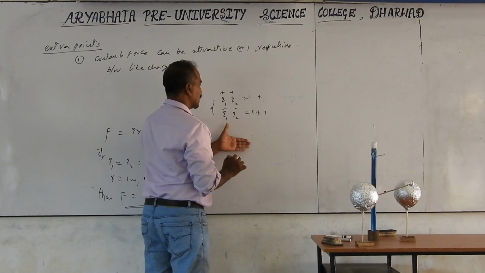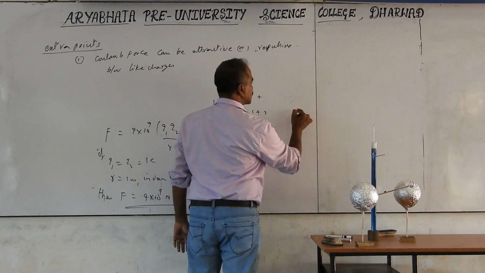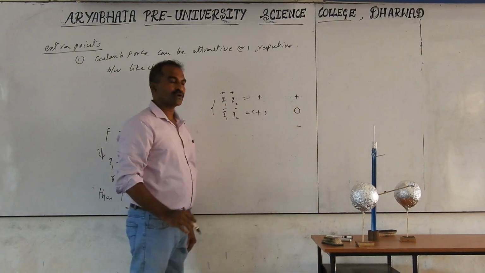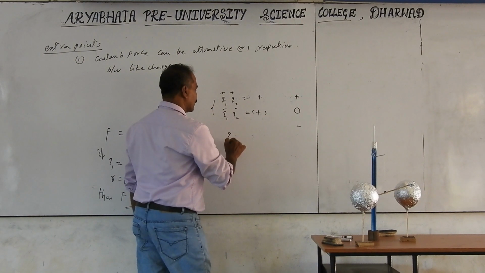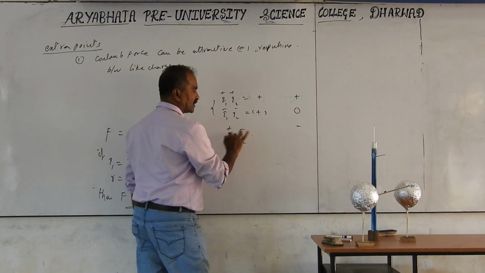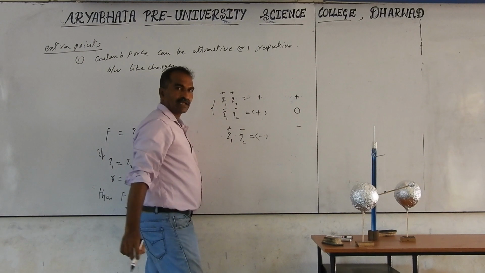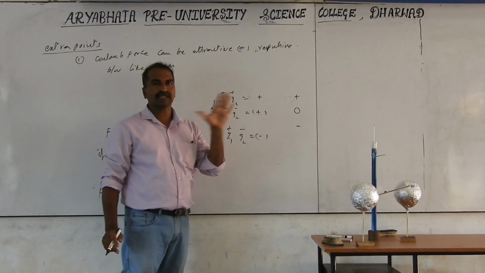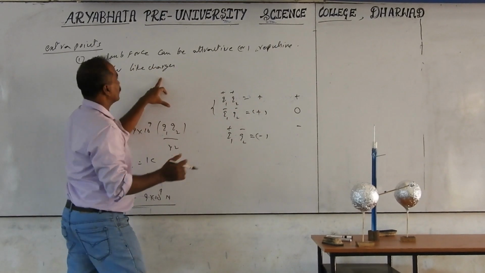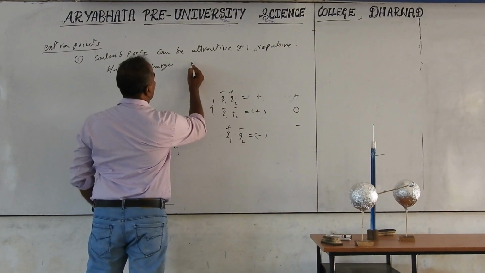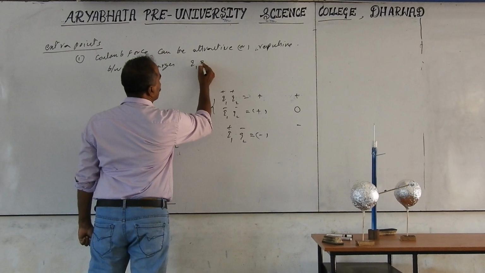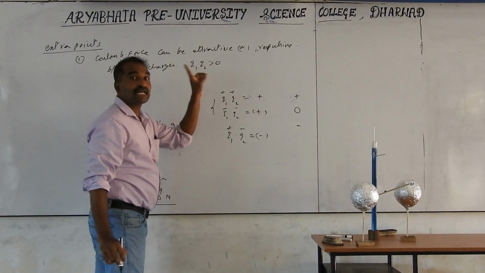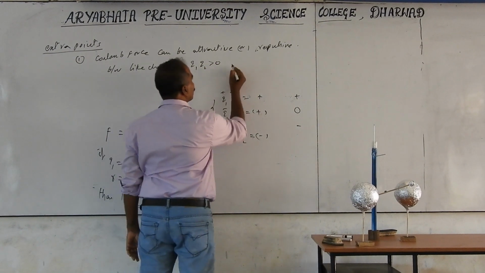So plus is above 0, this is 0, plus means more than 0, minus means less than 0. In case I take one positive and the other negative, the result is minus, that means below 0. So more than 0 means positive. Between like charges it is mentioned as Q1 Q2 product greater than 0. If they mention Q1 Q2 greater than 0, you have to imagine like charges.